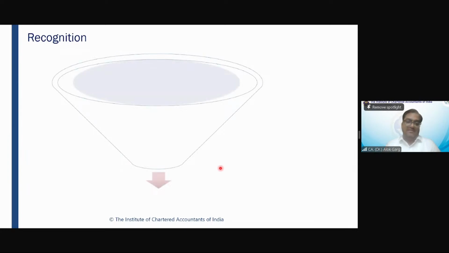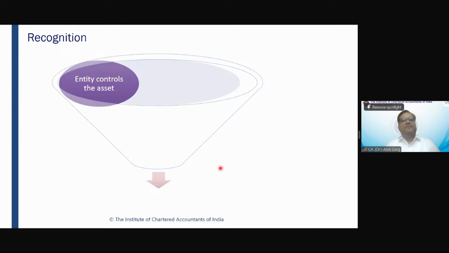Friends, now we reach the recognition, right? When I taught you Ind AS 16 and Ind AS 38 or some other Ind AS relating to assets, for recognition criteria, I gave you two criteria for recognition of an asset. Can you tell me those two criteria? Entity has control on the asset, meaning whatever increase in the asset or from the asset is in the control of the entity, and certain benefits are there from future use of that asset. So two items I have always told you.